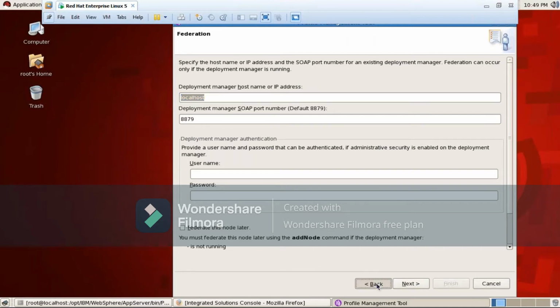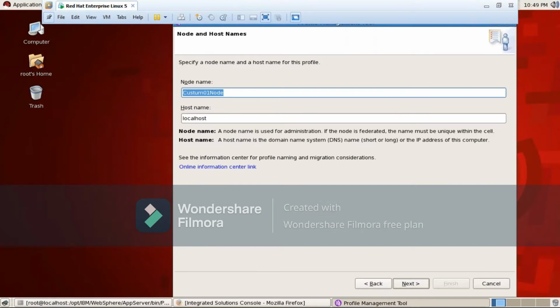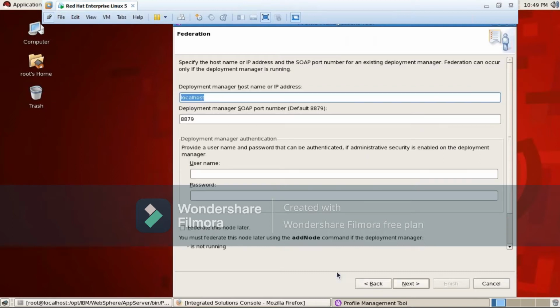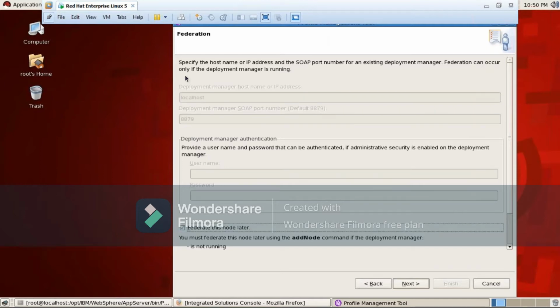Suppose you don't want to federate it now, it can be federated later. So now click next. Yeah, here. If you click on federate this node later, then it will be disabled.